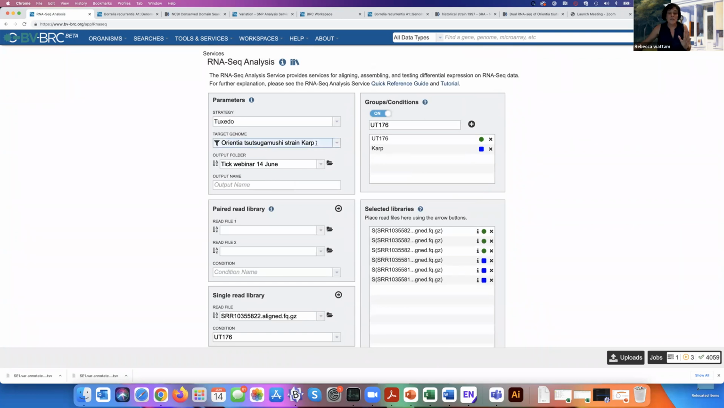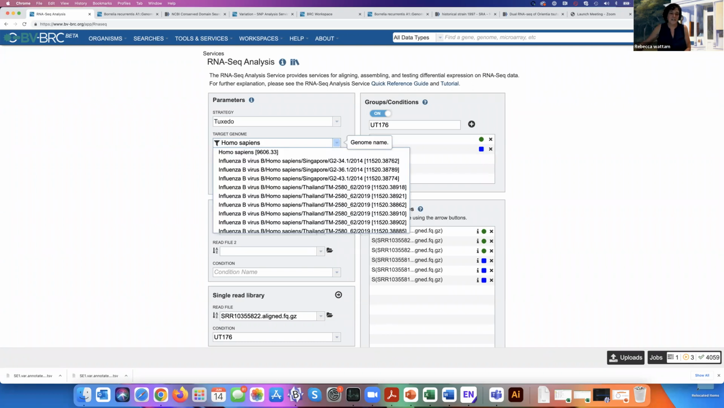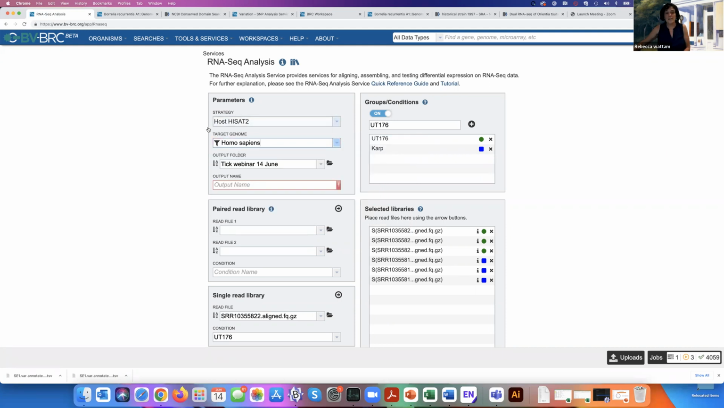Now, while we're at this, we're going to submit another job, and the reference genome this time will be Homo sapiens. So it's searching, and there it is. There's the Homo sapiens unique identifier in BV-BRC, so I click on that, and notice that it changed here, and it says, okay, if you're doing Homo sapiens, we're doing host HiSat 2. So I do CARP v UT176